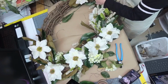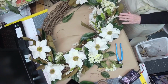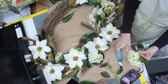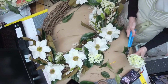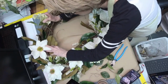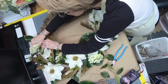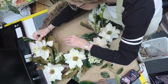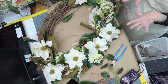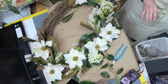I think I want to end up with it right here. And we'll stick this one. Let's cut this. And let's kind of go right here. How's that? Okay. What do you think? I'm not going to glue those in yet. I'm going to wait. Now, let's go ahead with